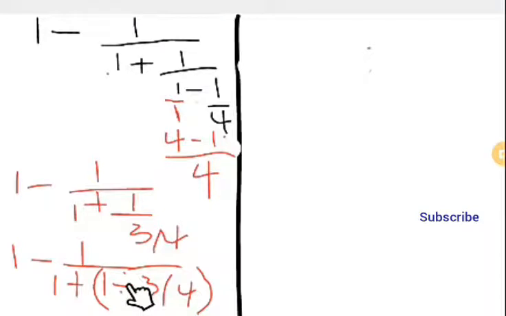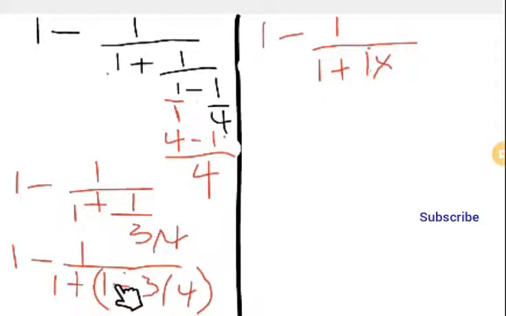Okay? Now in solving what's inside the bracket, it's like you are finding the reciprocal of this. And by finding the reciprocal, the equation becomes 1 minus 1 over 1 plus 1 times, there's a general rule in mathematics that when the division sign turns to multiplication, the reciprocal of this